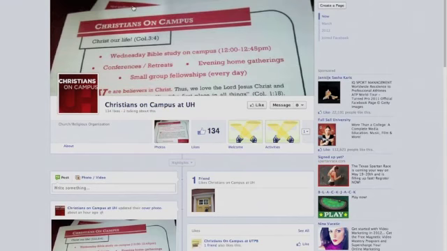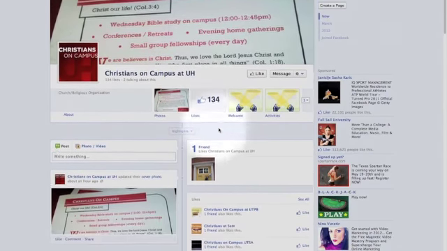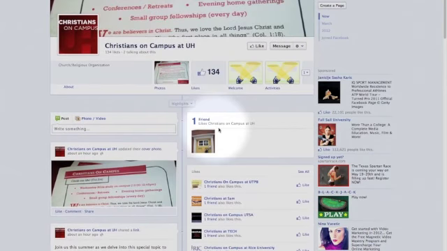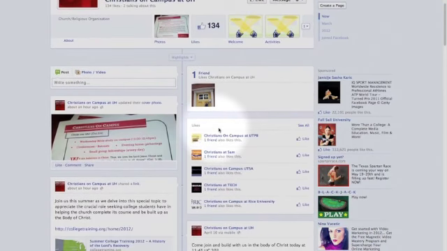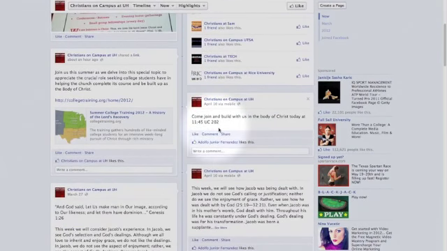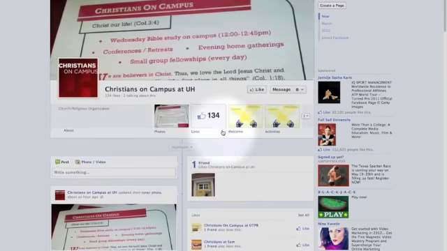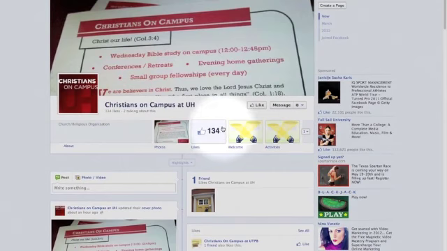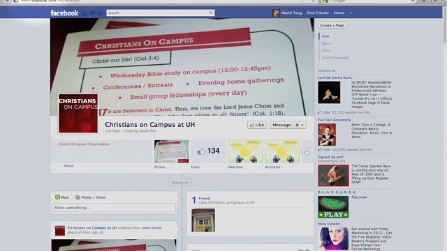Okay, so this is their Facebook page, and of course recently Facebook just rolled out changes and made everything in the format of a timeline, so I think clubs are still trying to figure out how to display their information. But again, there's quite a bit of information here, so it's actually pretty good, and I really like the use of the colors here, to tie in with their school.